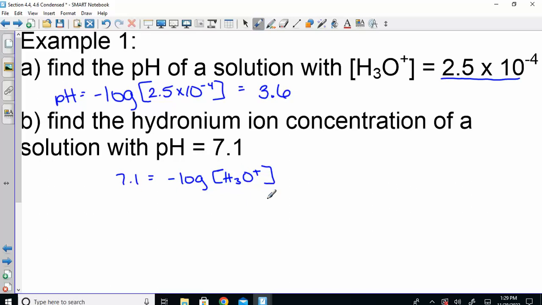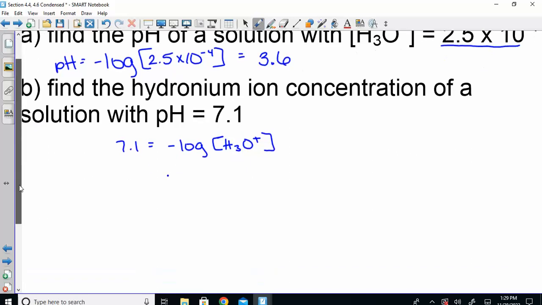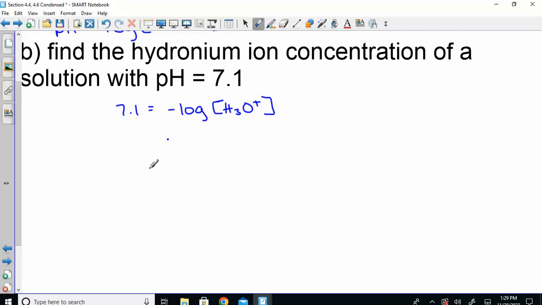What would I have to do with this? Trying to get to the H3O+. What do I need to do with my negative? Divide it over. So negative 7.1 equals log